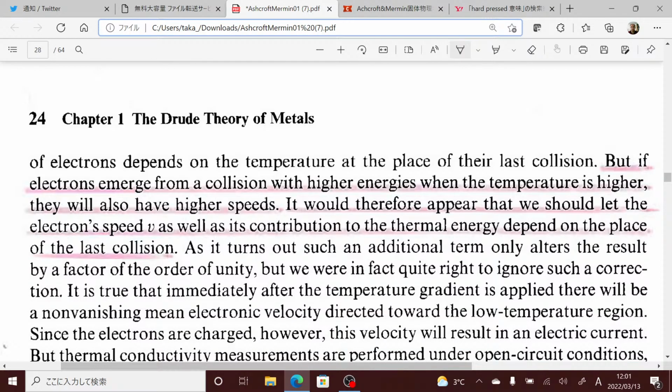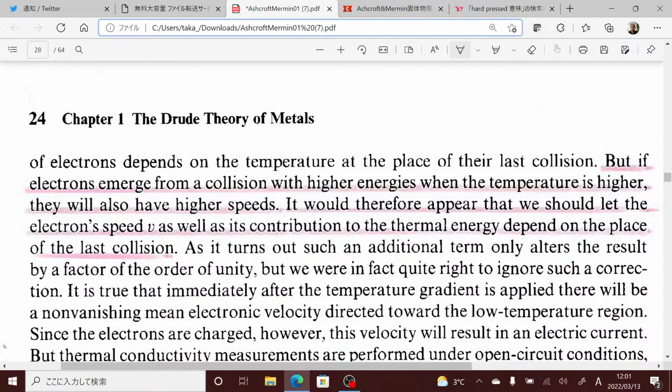But if electrons emerge from a collision with higher energies when the temperature is higher, they will also have higher speeds. It would therefore appear that we should let the electron's speed v, as well as the contribution to the thermal energy, depend on the place